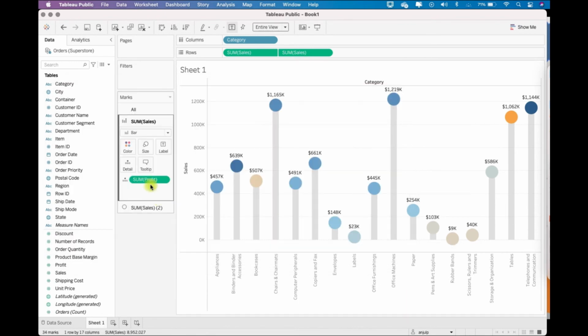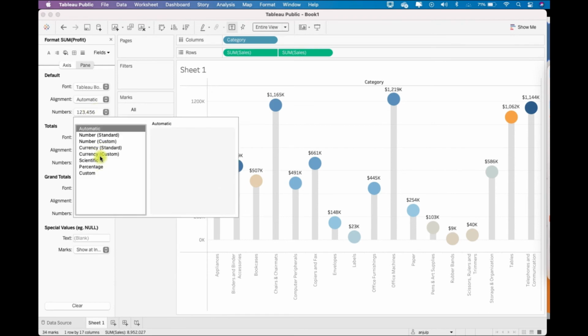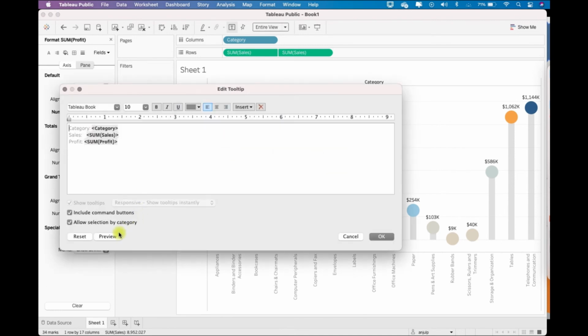So what we can do is go here and format this. Again, we will select the currency, custom, decimal places 0, display units thousands, and this should be dollars. Now if you go here in the tooltip, yeah, now this is fine.